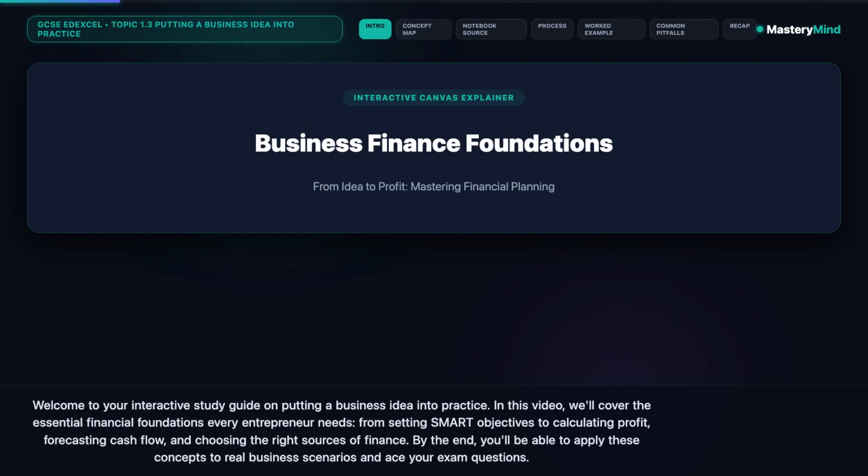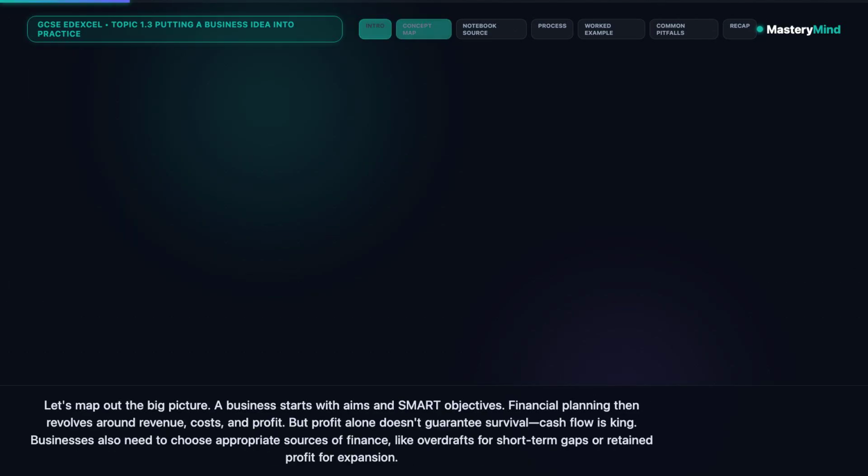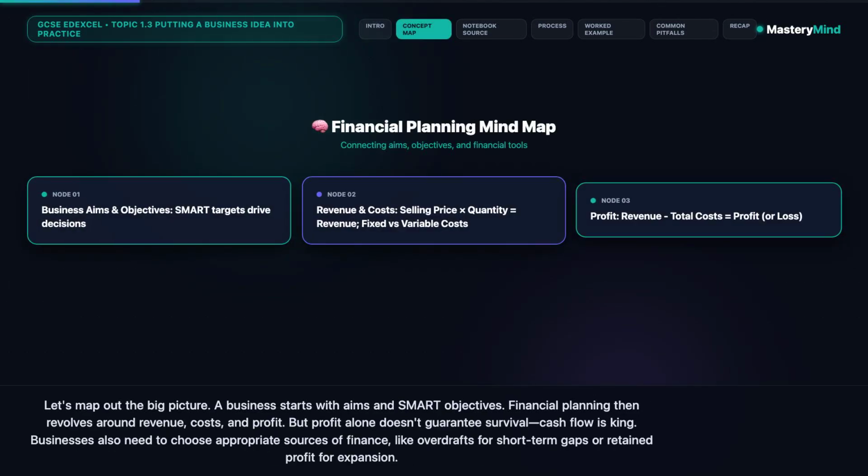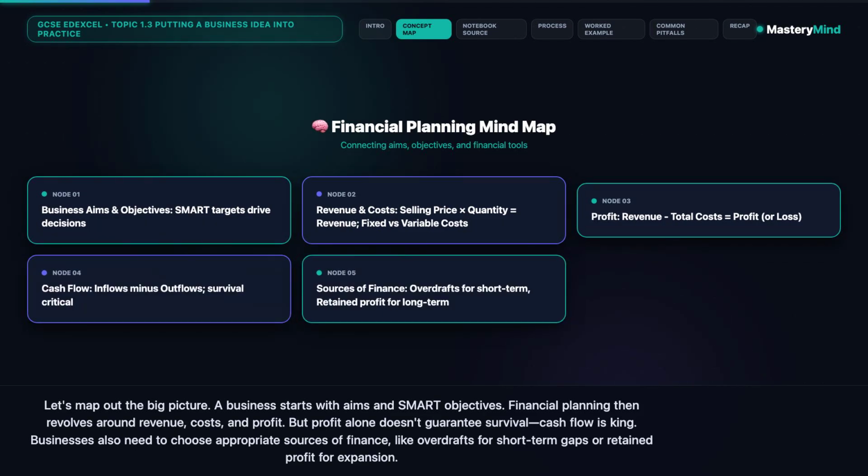Let's map out the big picture. A business starts with aims and smart objectives. Financial planning then revolves around revenue, costs, and profit. But profit alone doesn't guarantee survival. Cash flow is king. Businesses also need to choose appropriate sources of finance, like overdrafts for short-term gaps or retained